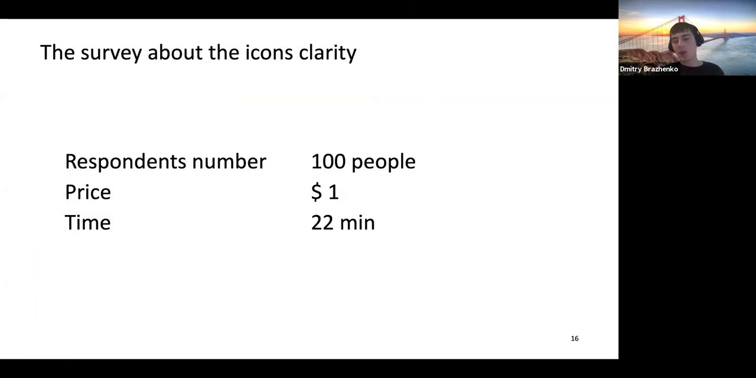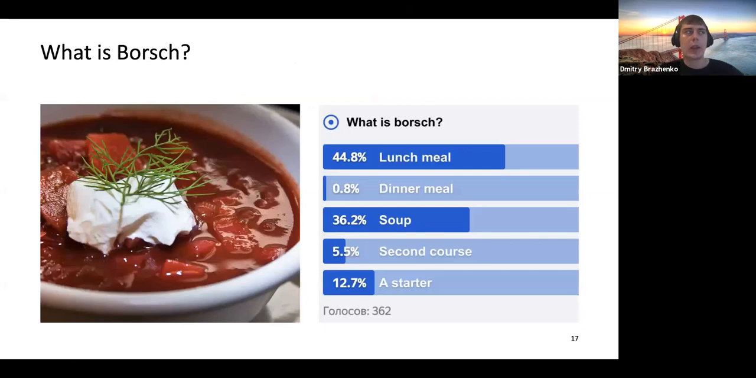Let's continue. You can launch not only open questions, but you can launch single result questions, and this is an example, a test from Yandex Eats. Yandex Eats is a food delivery service. They were improving their